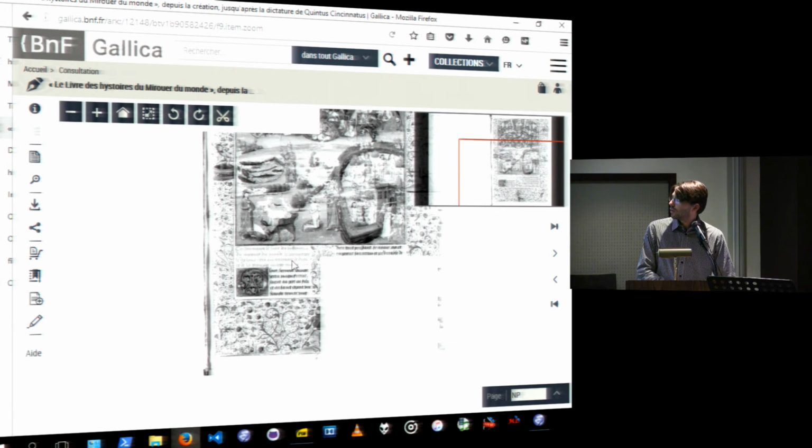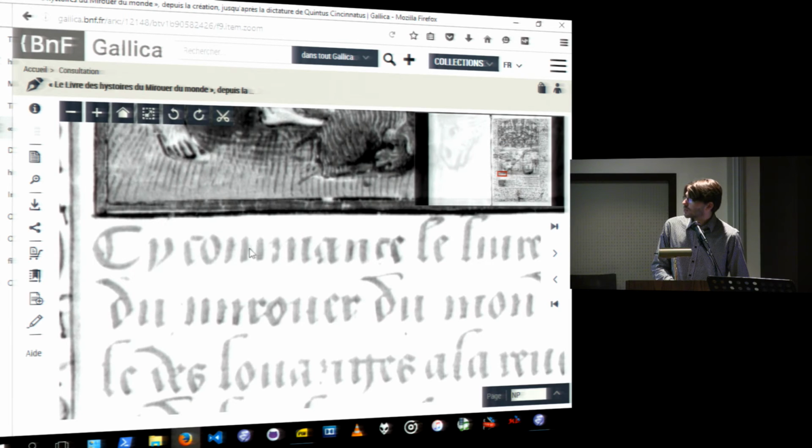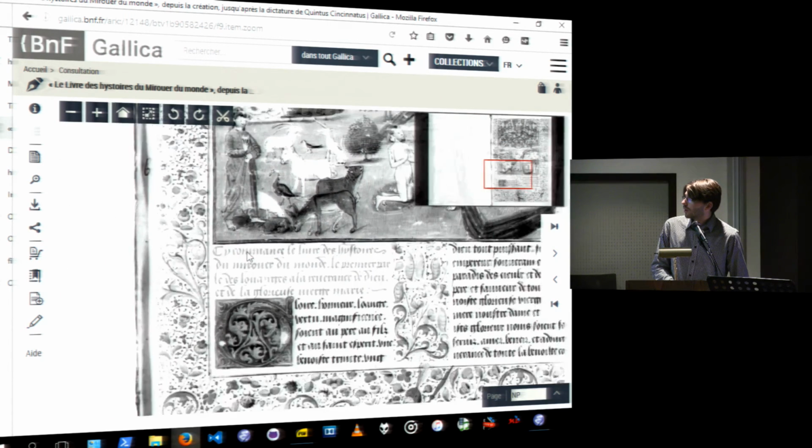Maybe this is too small right now. I'm not sure if I can zoom in. If I can't, I do have a screen print of this. Oh, I can zoom in. Okay. So